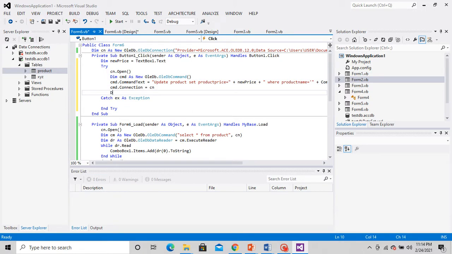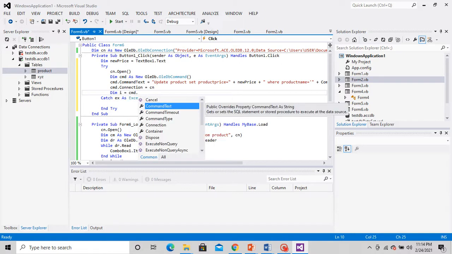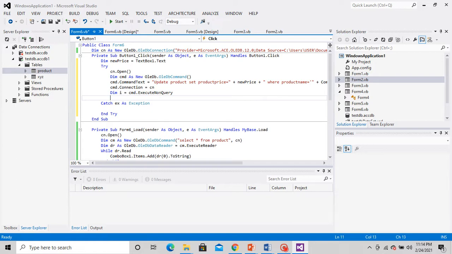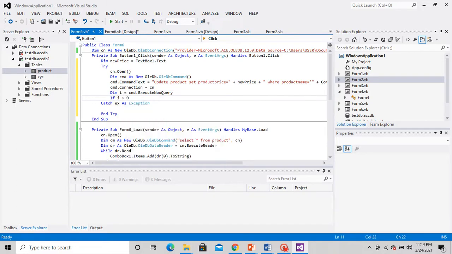Just follow and continue with me. Then result equal to cmd.ExecuteNonQuery.